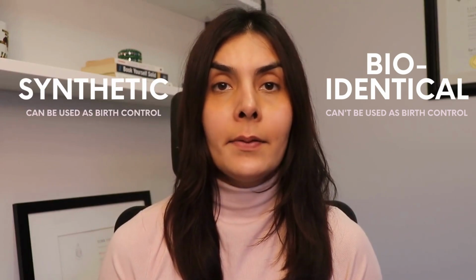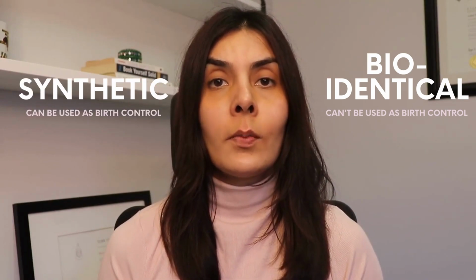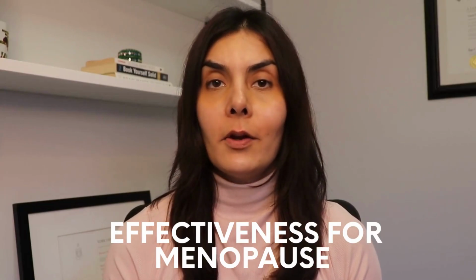The fourth major difference is their birth control potential. Bioidentical hormones don't provide the benefit of preventing pregnancy, whereas synthetic hormones can be used as an effective form of birth control. The last major difference between synthetic and bioidentical hormone therapy is their effectiveness for the treatment of menopausal